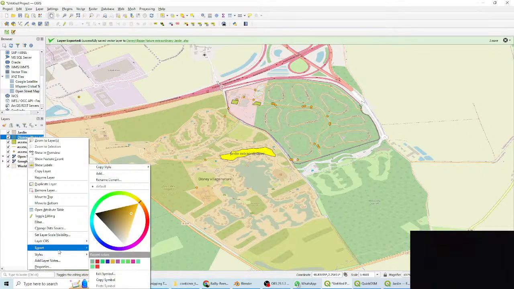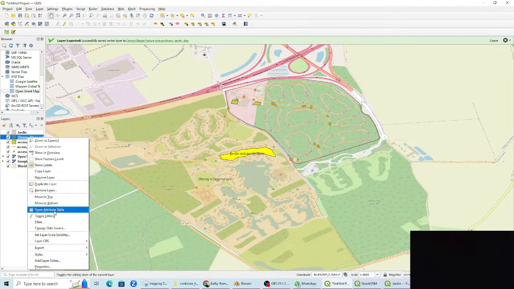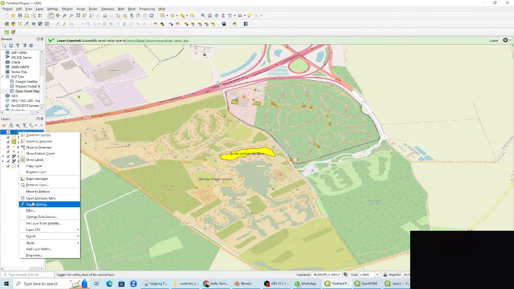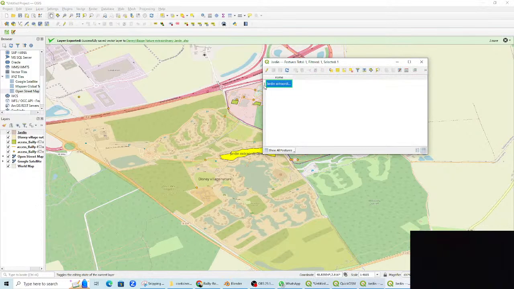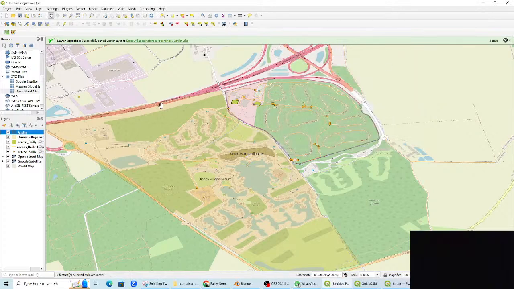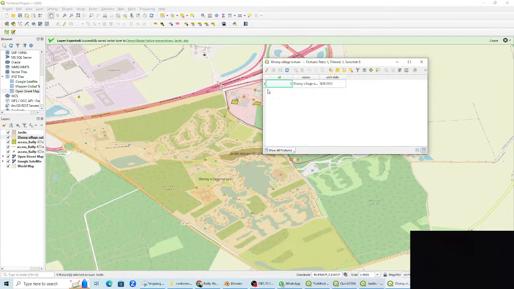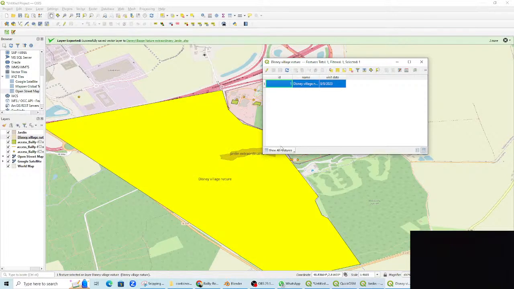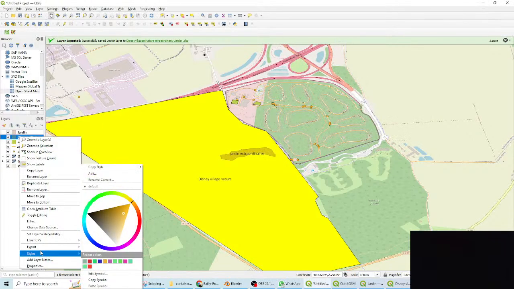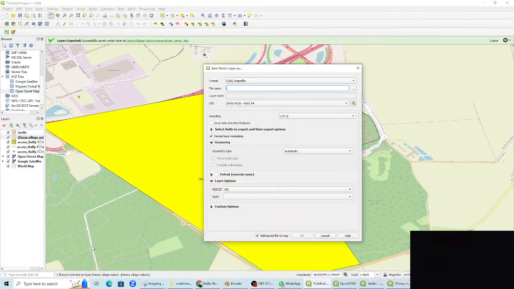Same thing, go to the attribute layer. Wait a second. Oh, we have to unselect the garden first. Go to the attribute table for the garden and unselect it. To do that, hit this return button up here. Yeah, good. Now do the same thing with Disney Village Nature. Select it, and the one over there. Okay, good. Now go to export it. Save the feature as, call it